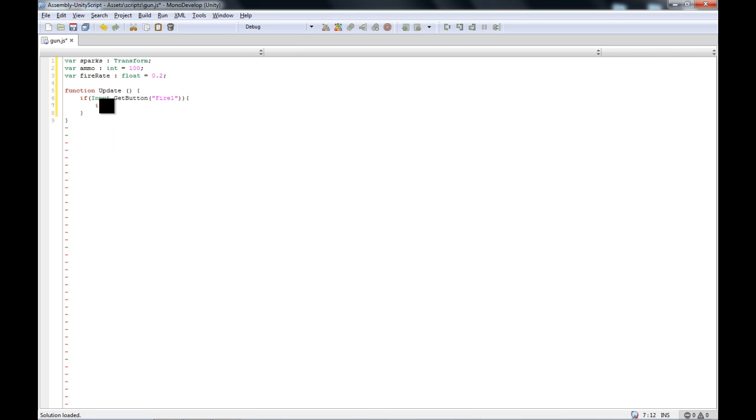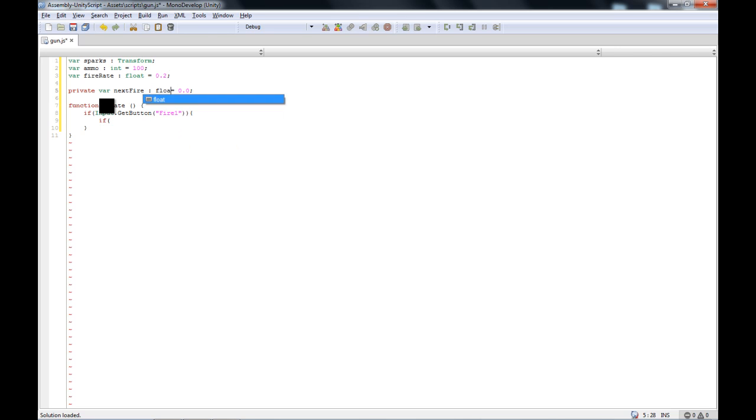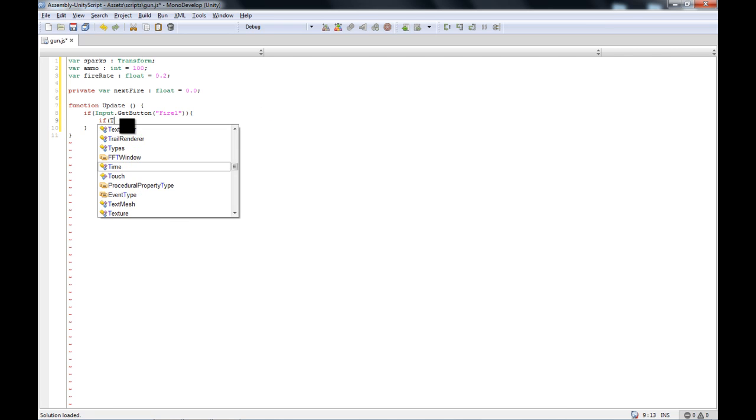So we type if, and here we need another variable before I start this. Type private, which means it cannot be changed and it will not appear in the editor in Unity. It will just be in the script, and we'll call that next fire. Set that to 0.0. Oh, forgot the most important part, var, and make it of type float, because the time is float. Now we'll want to get the time, so Time.time, and if it's bigger than the next fire,